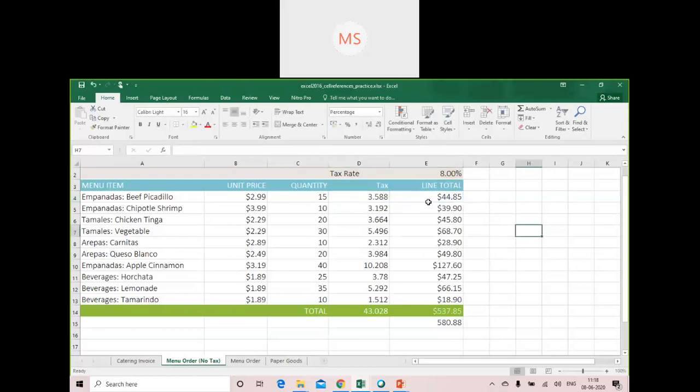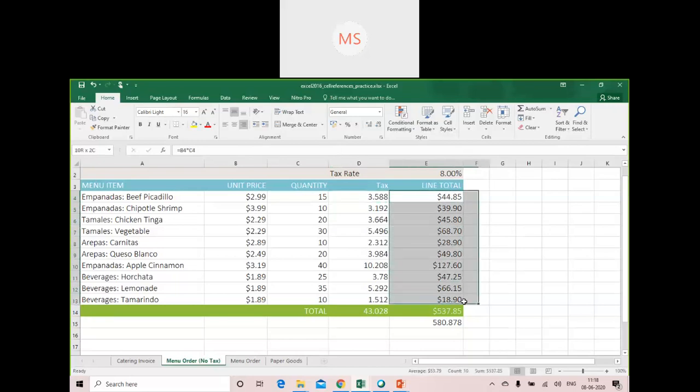As I said, if you want to calculate the tax on this total amount for each and every quantity, the tax rate is going to be 8%, which is fixed for each and every one of them. And I need to make use of this particular cell reference in each and every row. So I am making use of the formula E4 multiplied by the percentage, 8%. Here the calculation becomes 3.588 rupees for that particular total of 44.85 rupees.